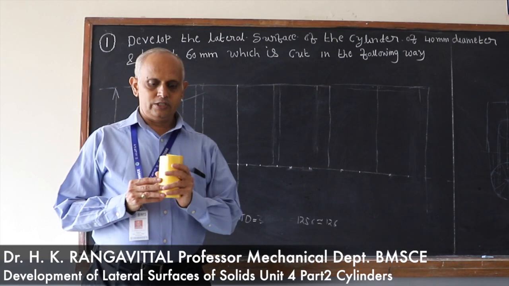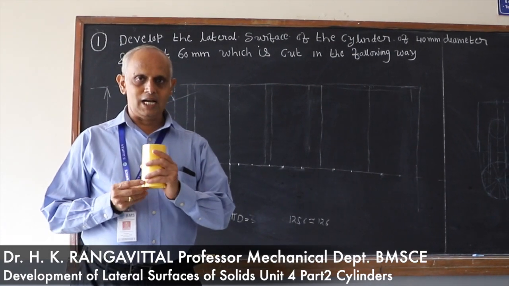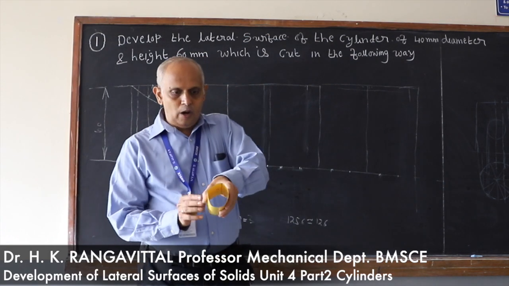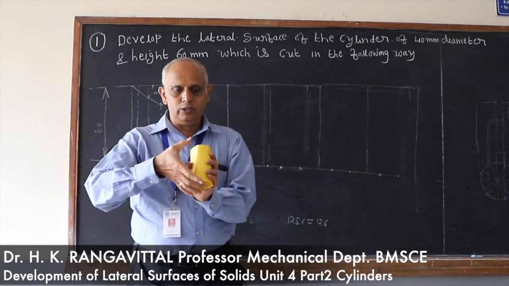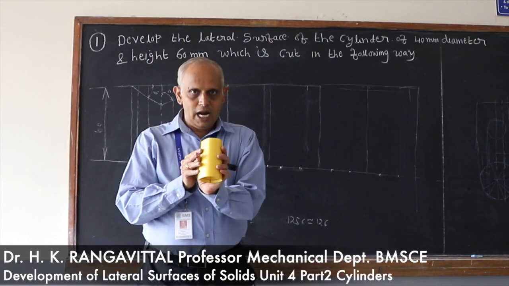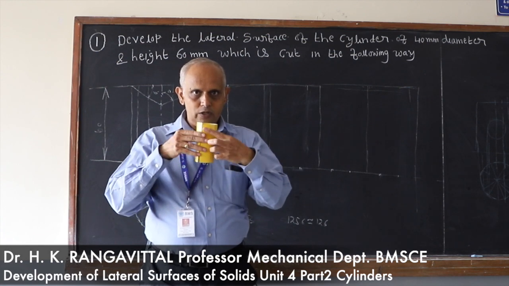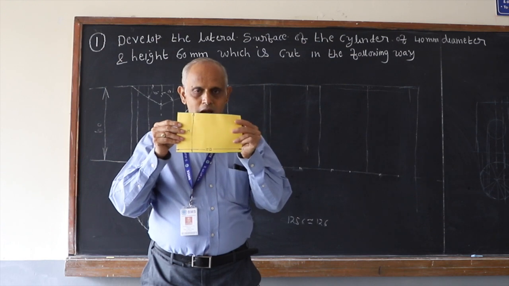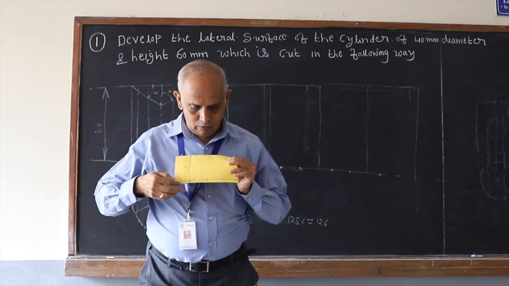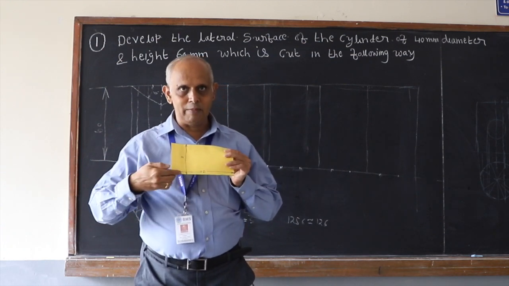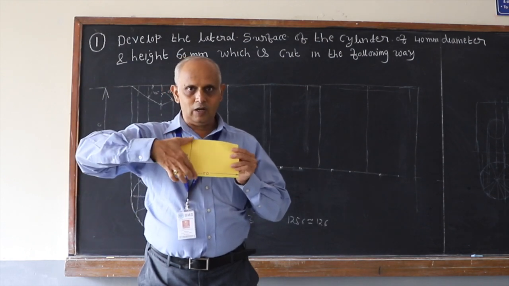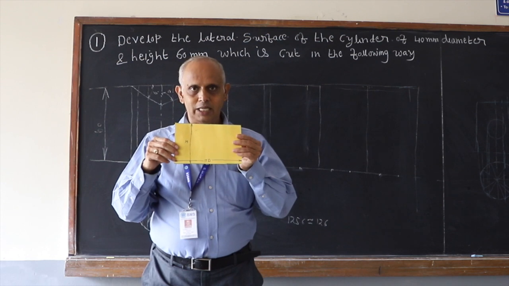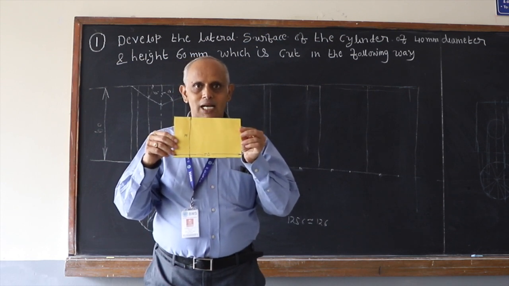As you know, cylinder comes under the category of parallel line development method because when you take a cylinder, in top view it is a circle and in front view this is the height of the cylinder. When you open it out for development, remember it will become a rectangle, and this rectangle will have a length of pi d, pi times the diameter of the base, and the height of the development will be the height of the cylinder itself. Remember, this is an example of parallel line method.